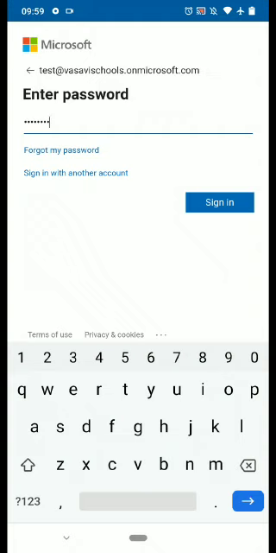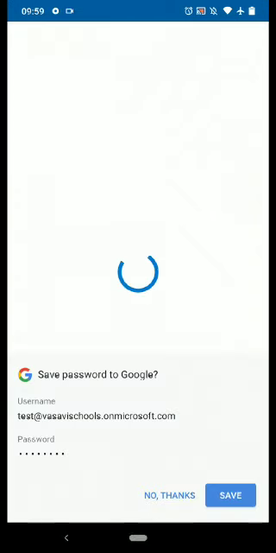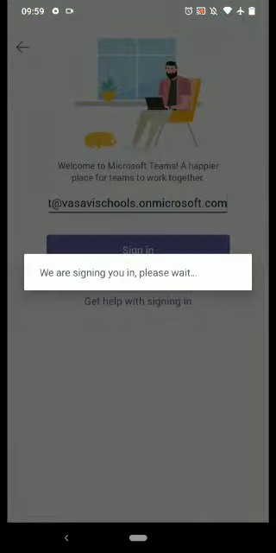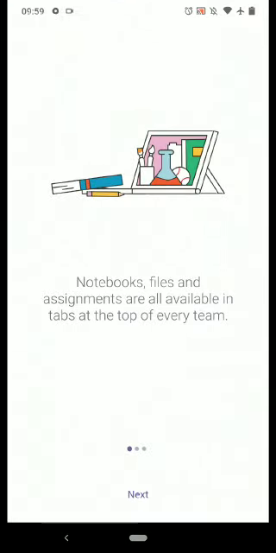Let me check: test@vasavischools.onmicrosoft.com. So all clear. Sign in. If you want to save your password, you can save it in your Google, but I am not saving it. This is the first screen that you get, with some basic guidelines about how Microsoft Teams works.